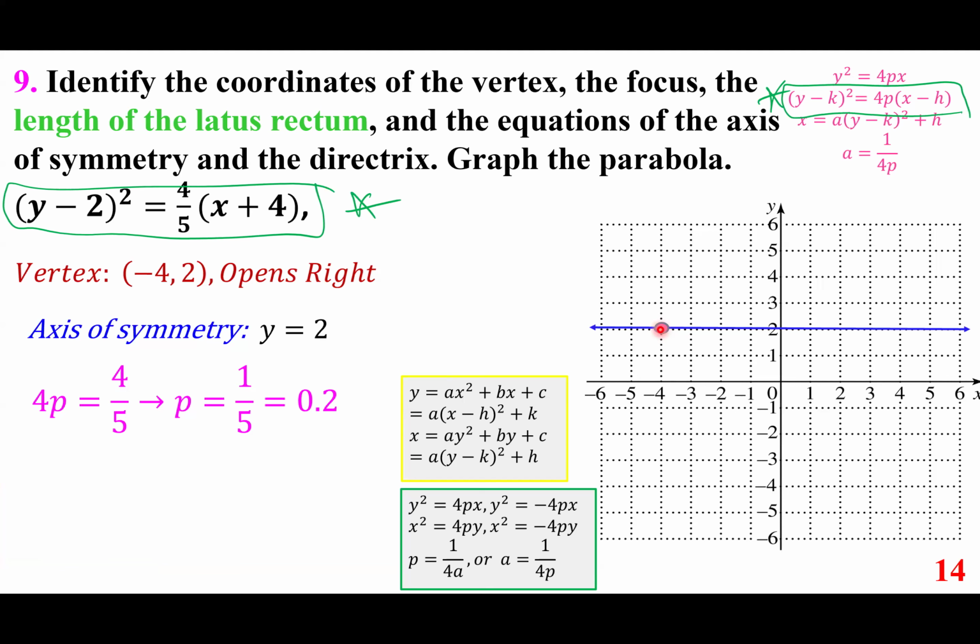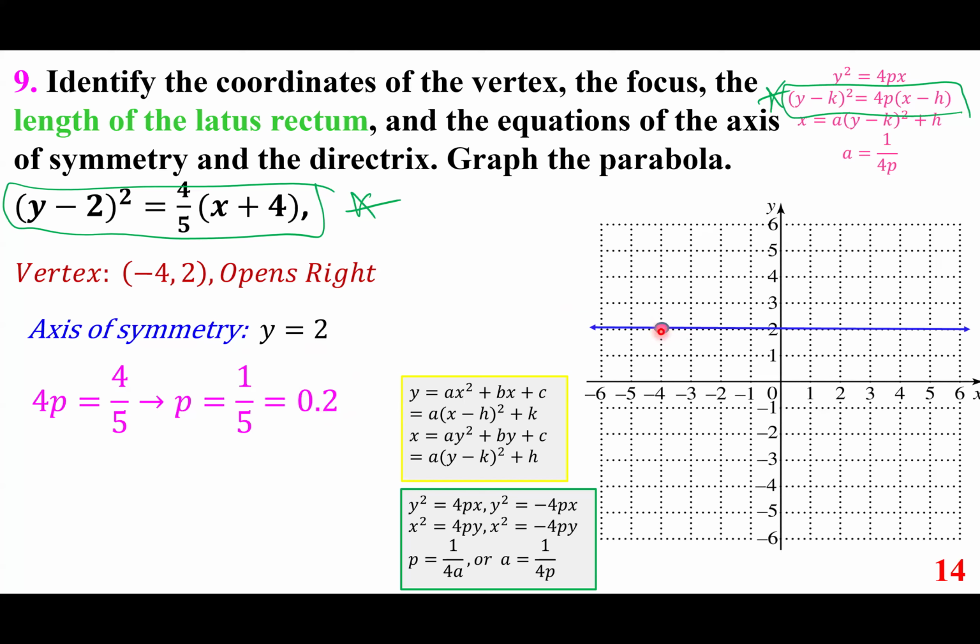Which means if I want the focus, I'm going to use the vertex, which has the coordinates -4, 2, and I'm going to use the p, which is 0.2,